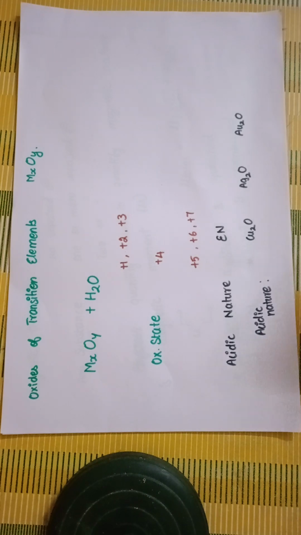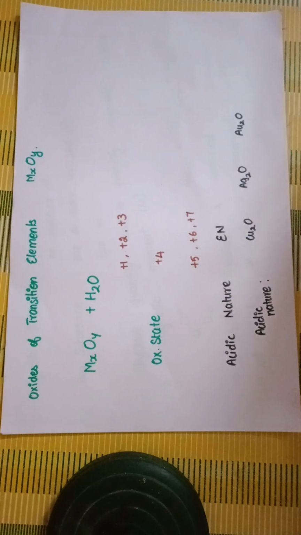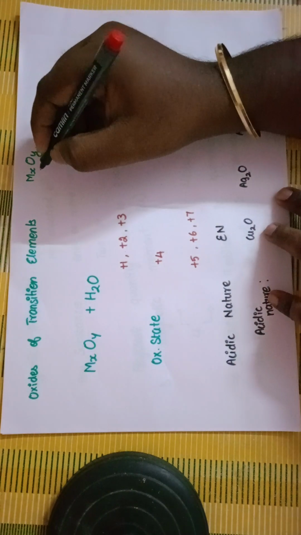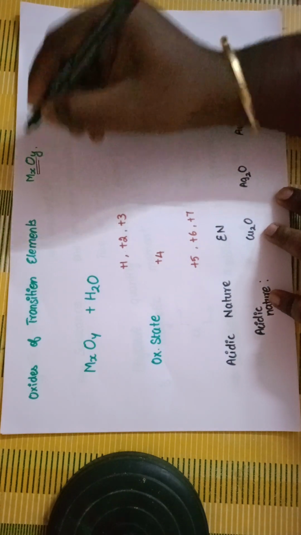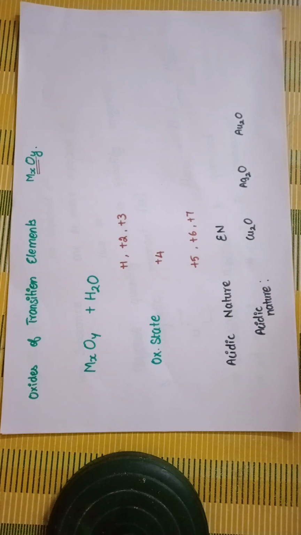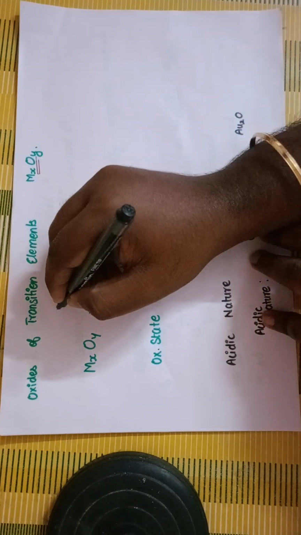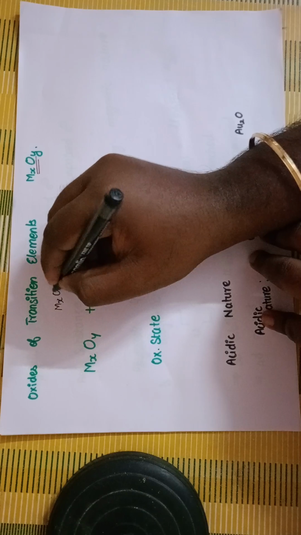In our next discussion, we are going to discuss oxides of transition metals. Oxides of transition metals means oxygen combined with transition elements, so it can be in any stoichiometric ratio. That's why we write MxOy, where x is the number of metal atoms and y is the number of oxygen atoms. In that, what we are specifically going to discuss is that a metal oxide